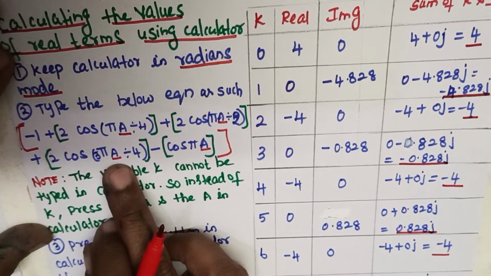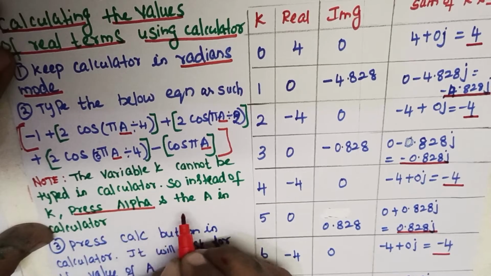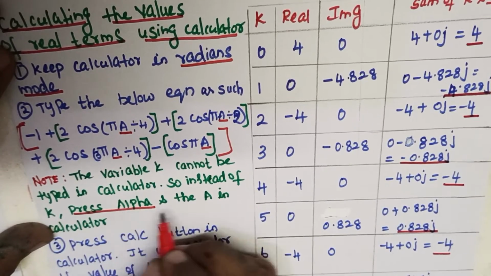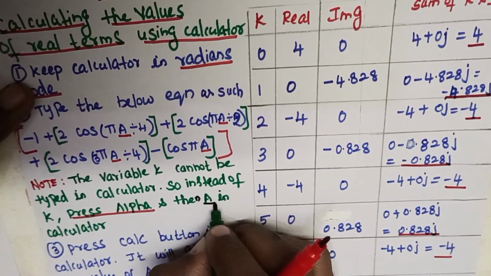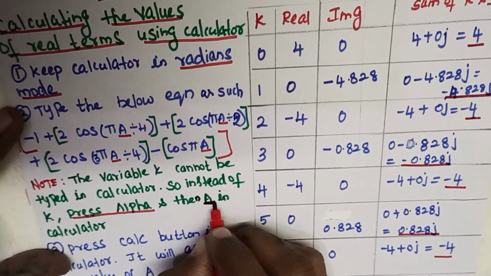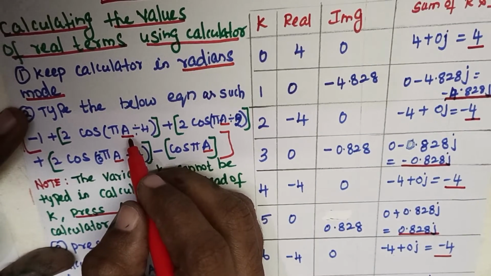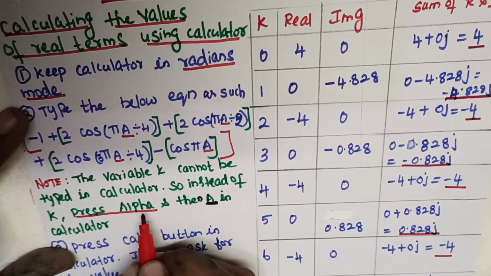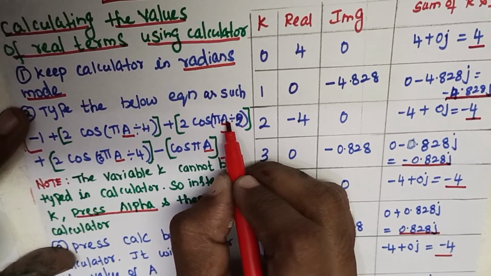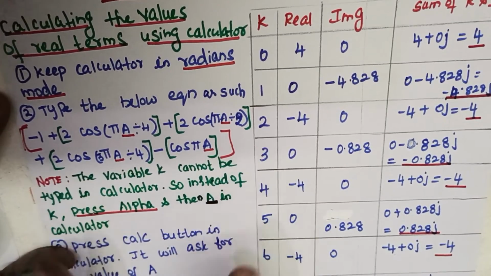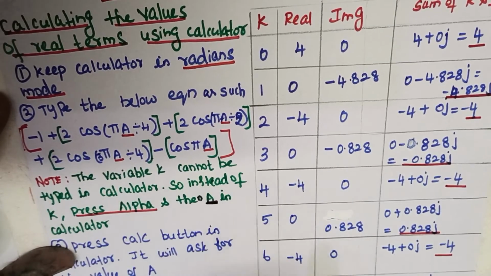And how to type this a in calculator is, you can locate this alpha button, press it, and then A. So this variable A will be present on the screen of the calculator if you do this procedure, that is press alpha and then A. Wherever you have K, you are pressing alpha and A and obtaining this particular equation. Now once this equation is typed completely,